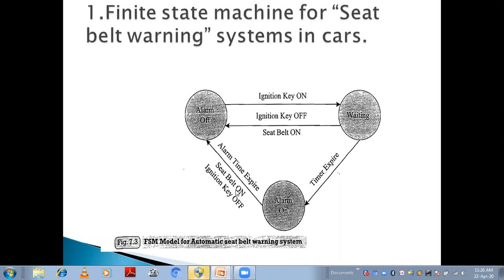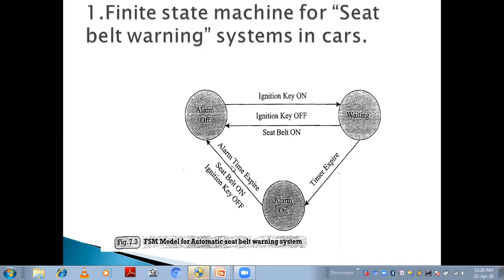It will ring for 5 seconds. Within 5 seconds, if you wear the seat belt, it will be turned off. Otherwise, if you turn off the car, then also it will turn off.